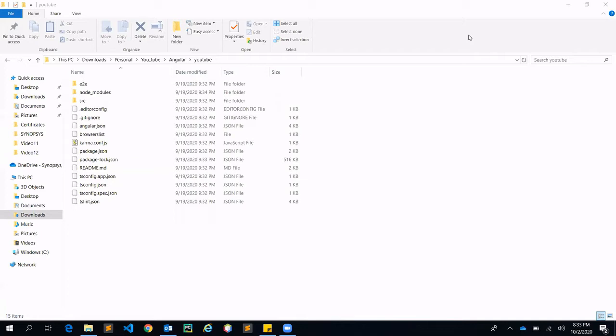Whenever any person shares an Angular project on GitHub, they basically don't share it with the node module, because the node module size is too big and it takes a lot of time. So ideally, don't share the code with the node module. The node module is the list of all the required libraries to run the project, that have been downloaded and supported for your application. So in that case, we need to request to download them.